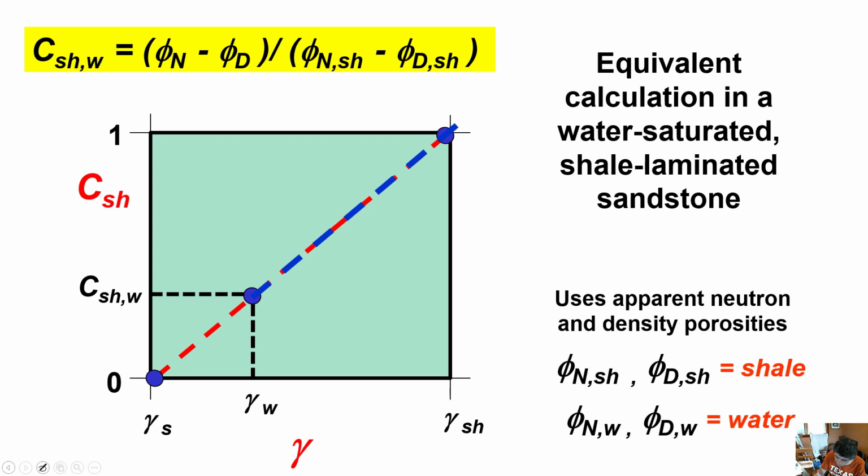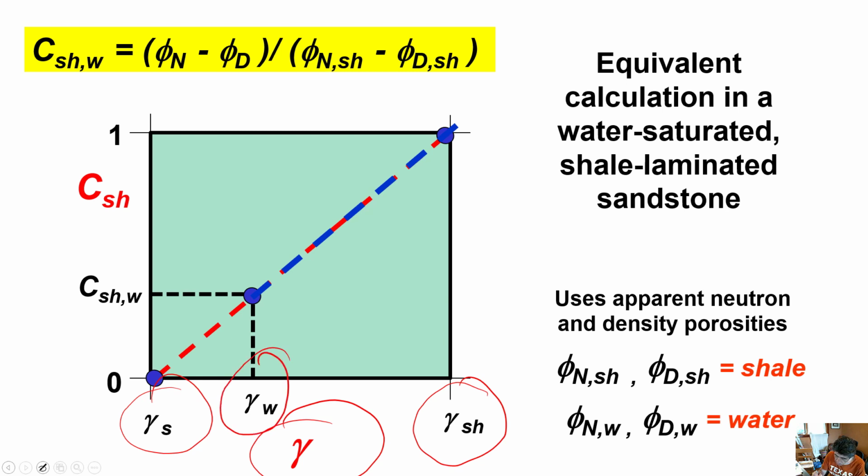One is to use the gamma ray log to calculate CSH using that linear mixing law, but that requires that you have a clean sandstone. Of course, we always have a pure shale, but what happens if I don't have a clean sandstone, but I do have a sandstone saturated with water? So then what I do is I read the gamma ray log in that water saturated rock, and then I calculate the CSH in that water saturated rock using the equation that I just derived, the lowercase d over capital D,